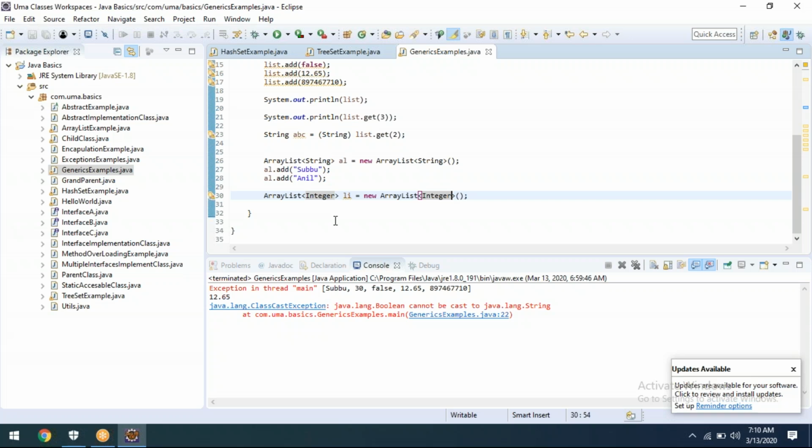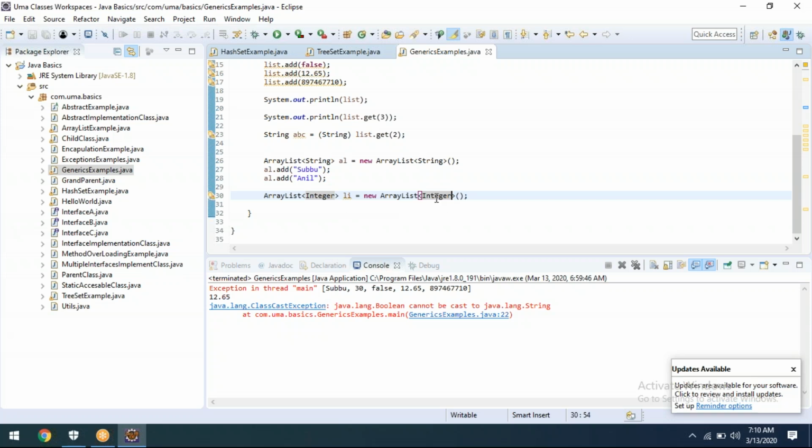That is called the wrapper class. Whenever we have a simple variable that we need to convert into an object type, that is called the wrapper class.